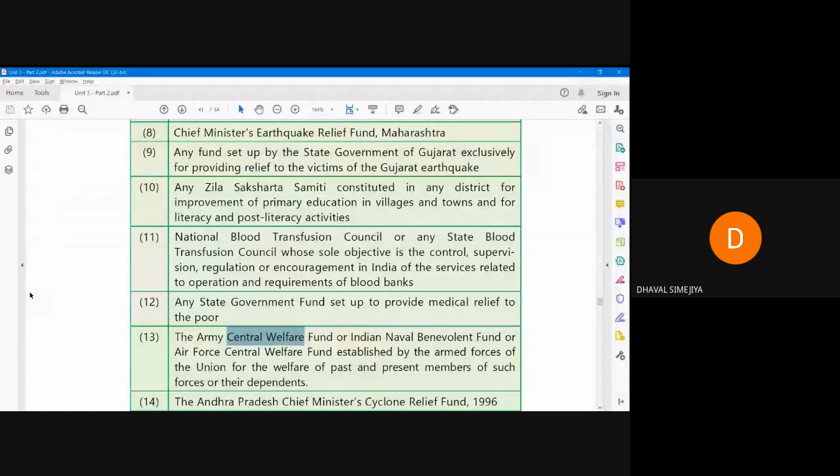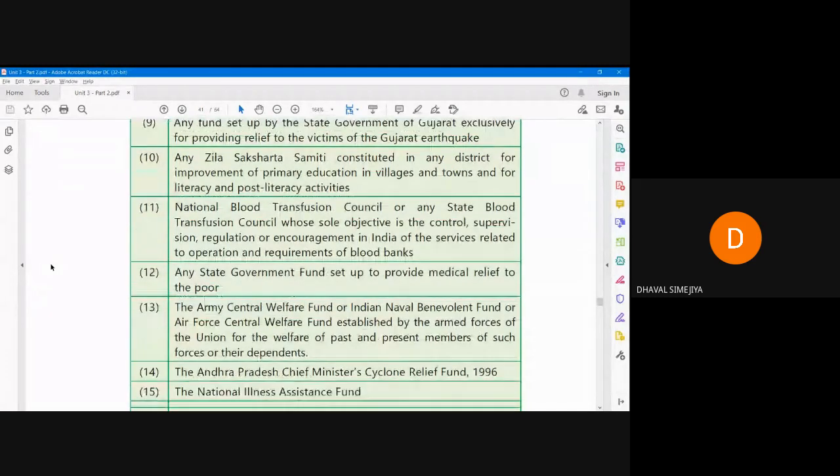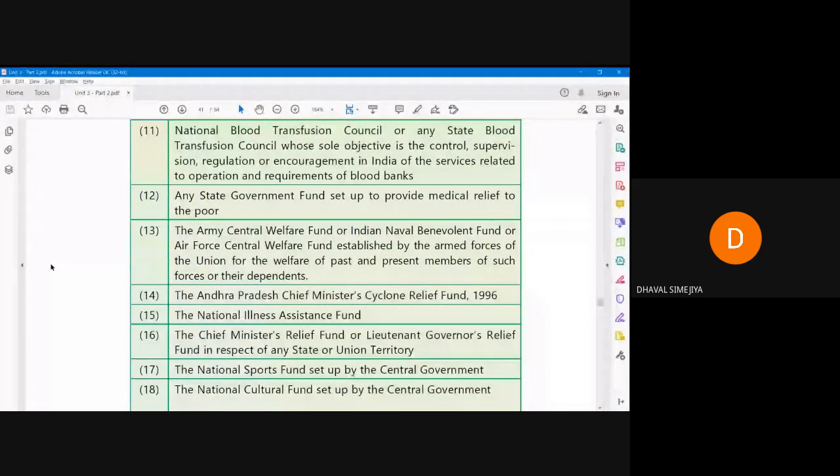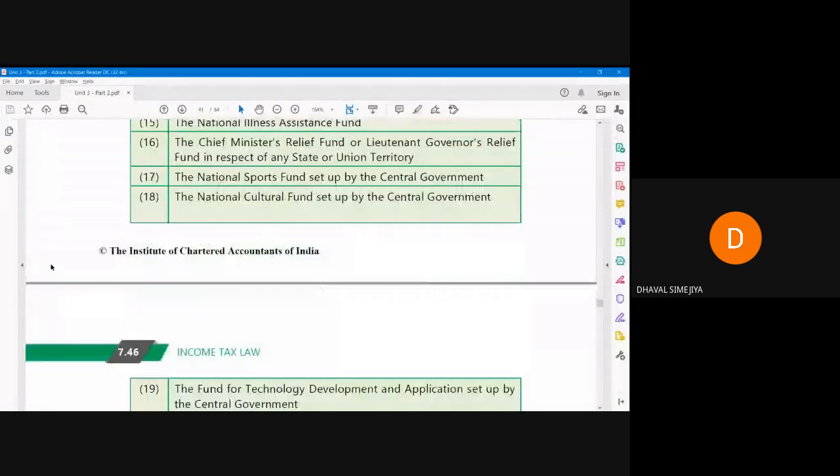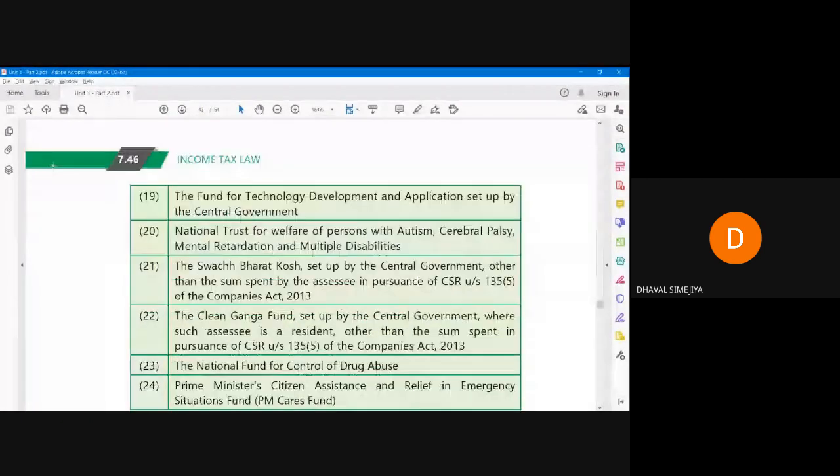If you give any donation to these, I'm not saying investing, because you will not get it back, you will be allowed 100% deduction. Any name, the majority of the names have a national word,